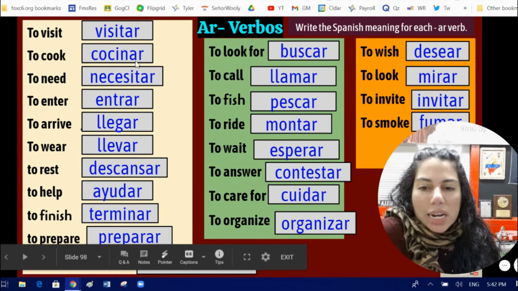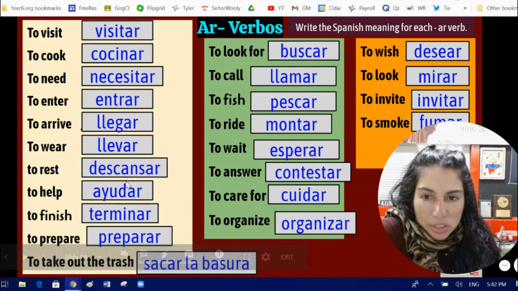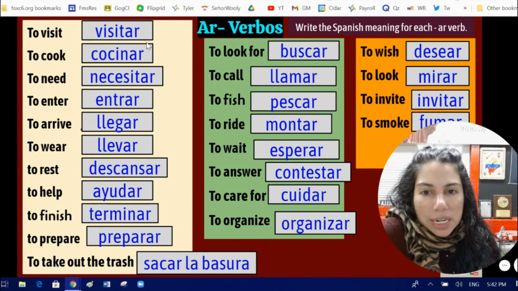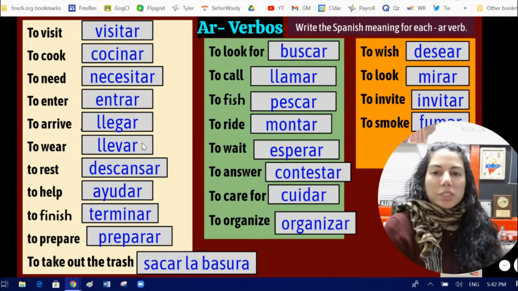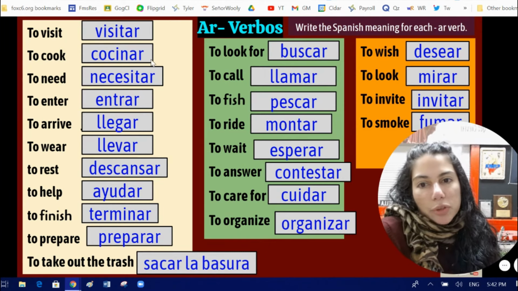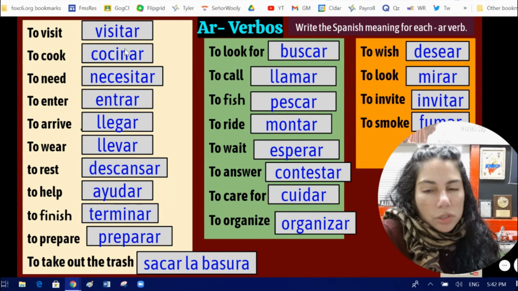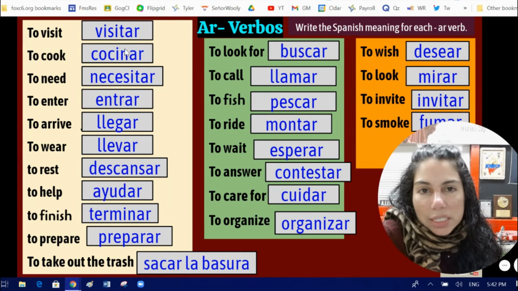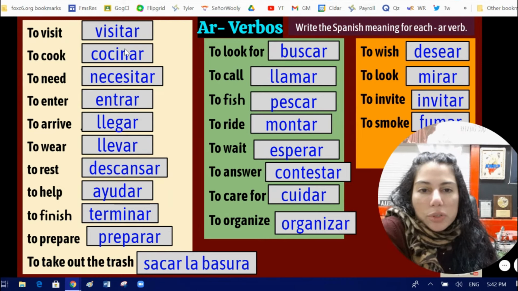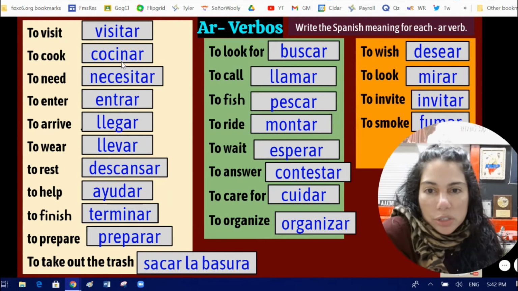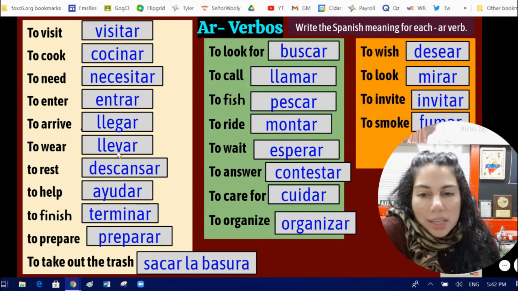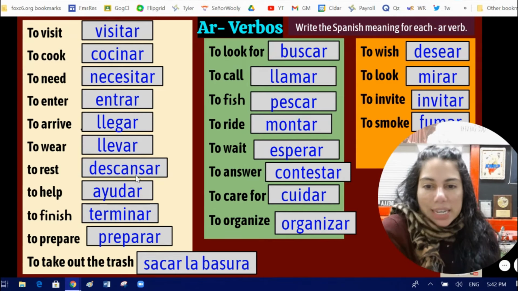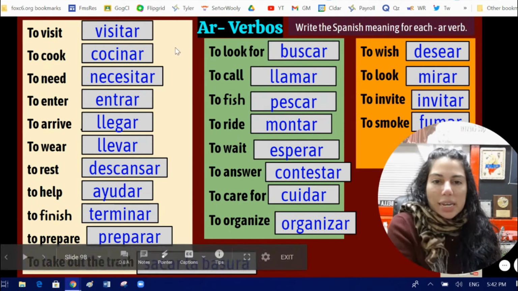Visitar, cocinar, and some of this I've already mentioned, but I'm just going down the study guide and making sure I covered all the verbs and all the information for you. So if you're like, she already said that one, just enjoy it again and practice hearing it. The more you hear, the more you are going to learn. So it's not going to hurt you. Visitar, cocinar, necesitar, entrar, llegar, llevar, descansar, ayudar, terminar,